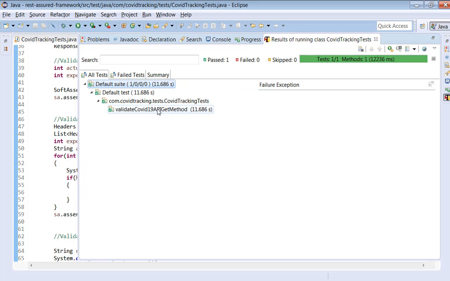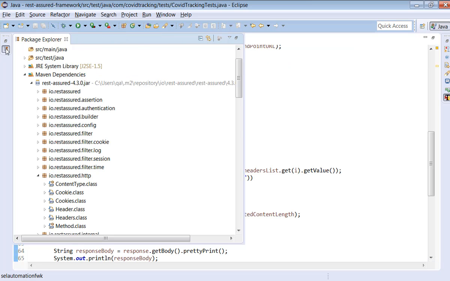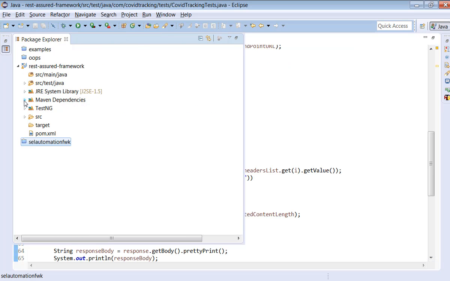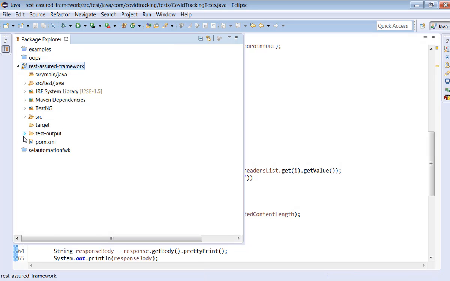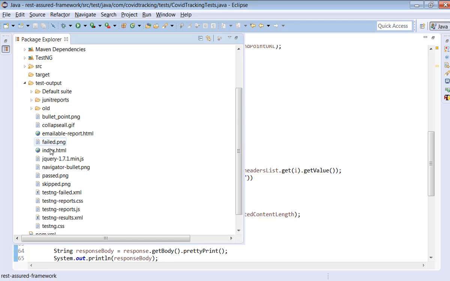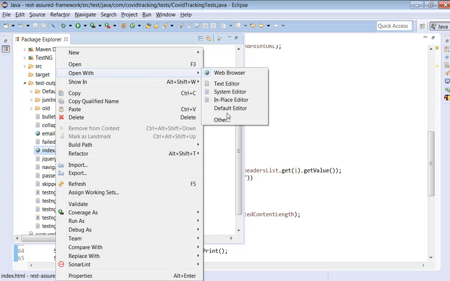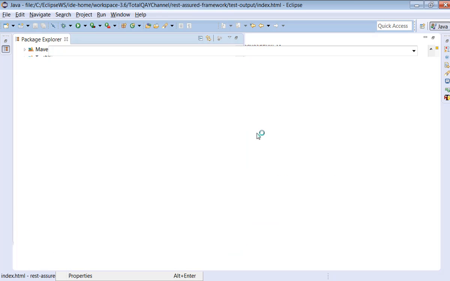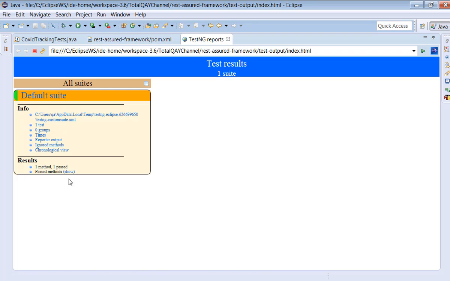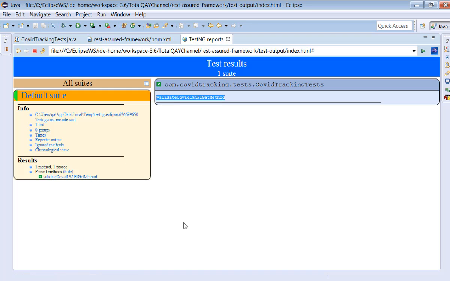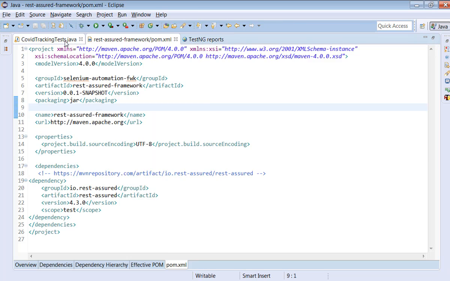Okay, let's wait for a few minutes and see the results now. The results are successful. We got the response back. And also in TestNG, we can even check the response that is generated in the test output folder. Let me try to open it. Open the test output folder here. Let me open this in a browser. Right click, open with the browser. Right, on the show. It is successful.